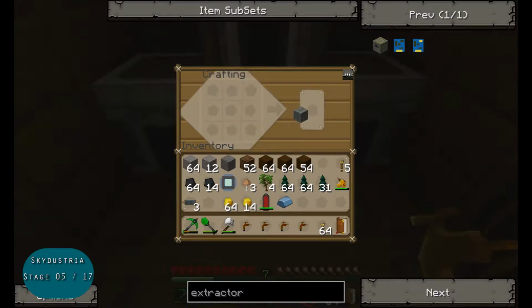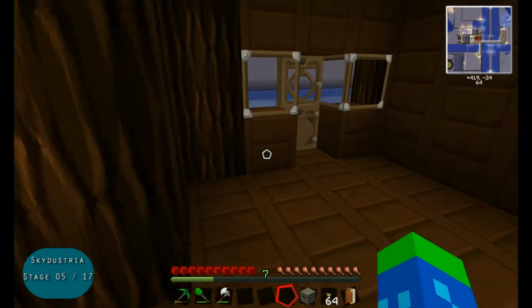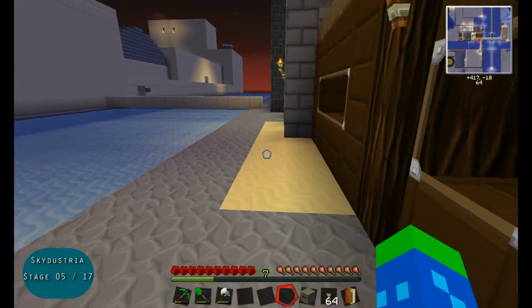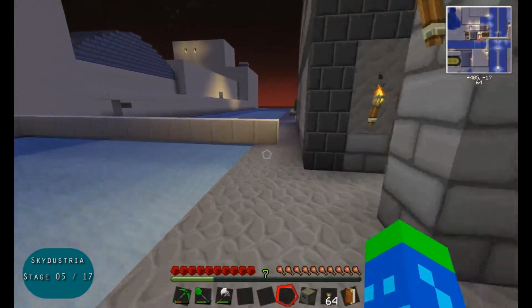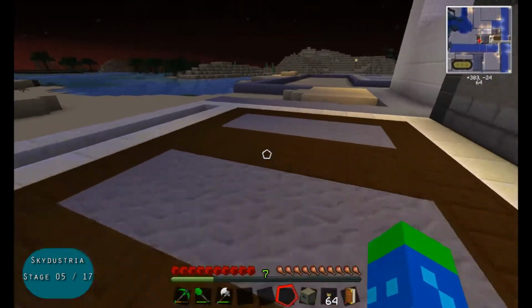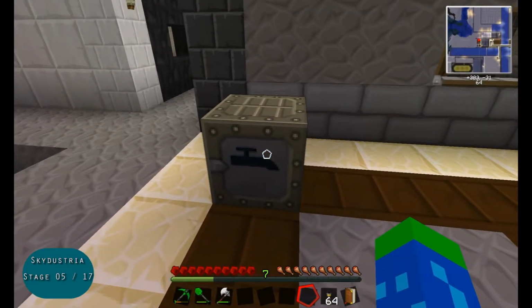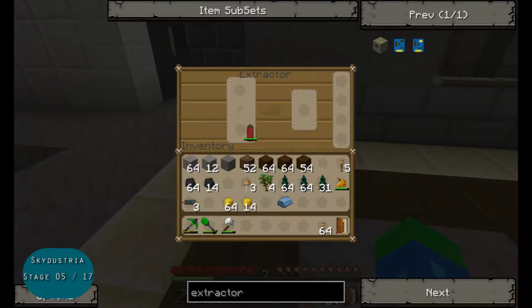Go ahead and craft a machine block. You did see me craft 4 tree taps just a minute ago. Let me arrange those like so. And that gives me the extractor. And I have laid out the floor of a factory over here that I will use to create, now what I need to do is put the RE battery down there, and then I'll put the sticky resin